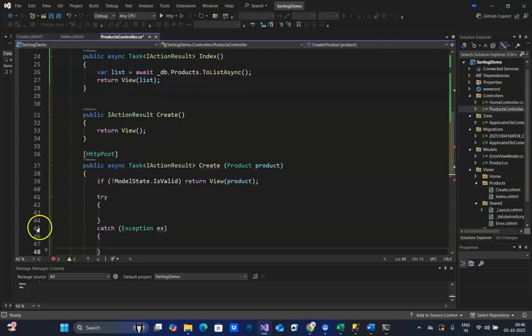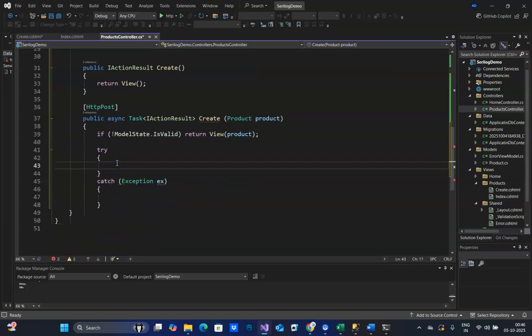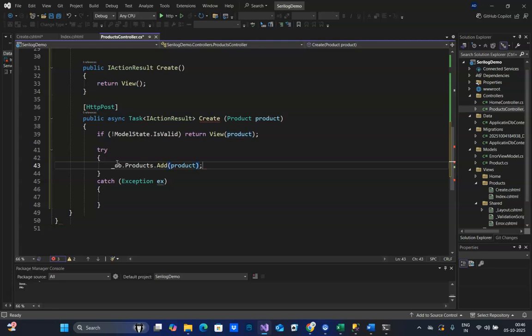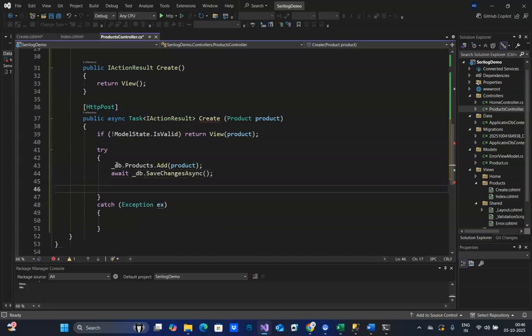So this is my block. Now inside the try, the first thing I'm going to do is add the record. So db.Products.Add, and I'm going to pass the parameter and save it. Since it's async, I'm going to await db.SaveChanges. Now what happens is that as a normal process,